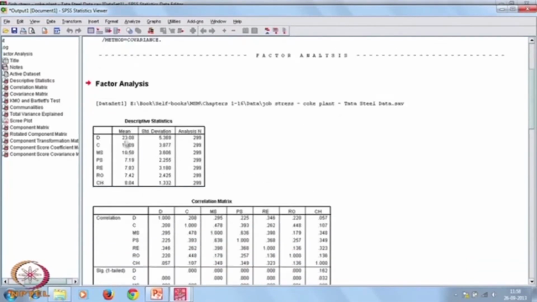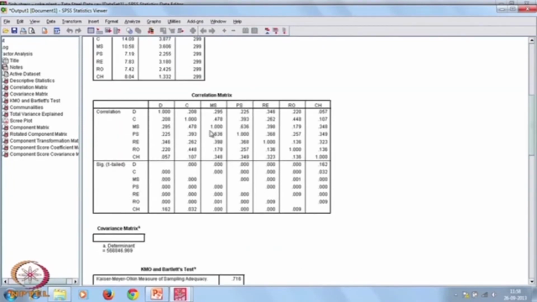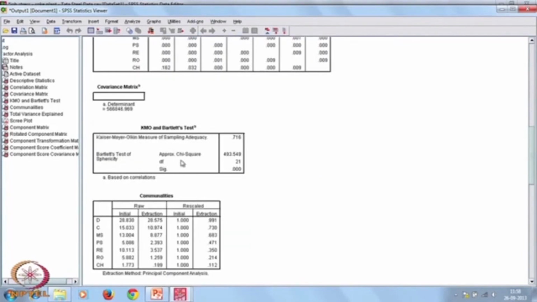Now, descriptive statistics, mean, standard deviation, and the correlation matrix are given here. See the correlation matrix first. There are many correlation coefficients which are greater than 0.3. Now, the Kaiser-Meyer-Olkin sampling adequacy test, and based on the approximate chi-square and degrees of freedom, the Bartlett test of sphericity, significance